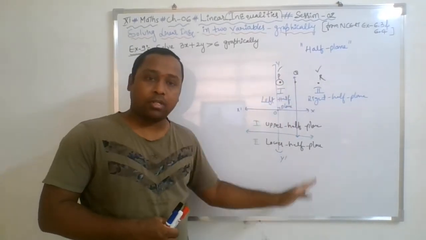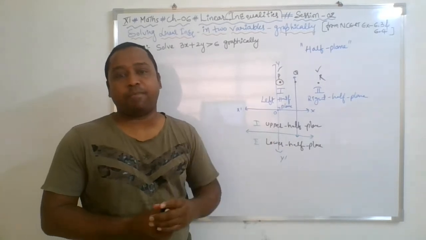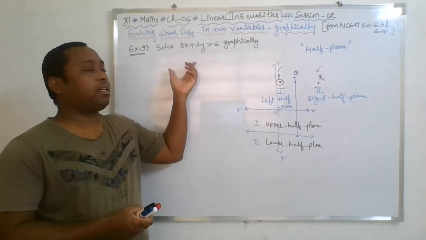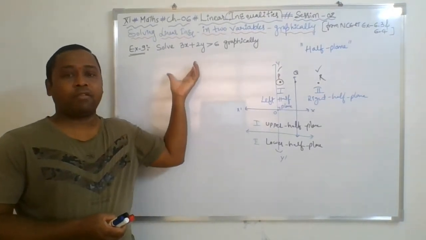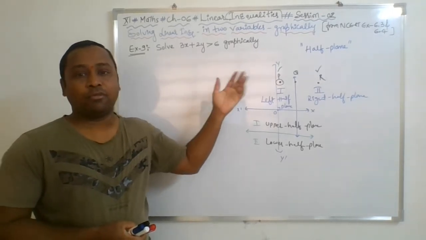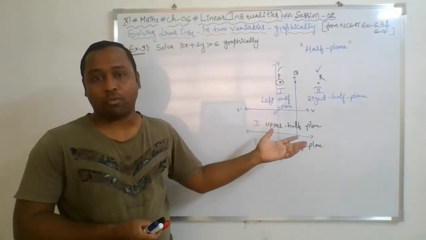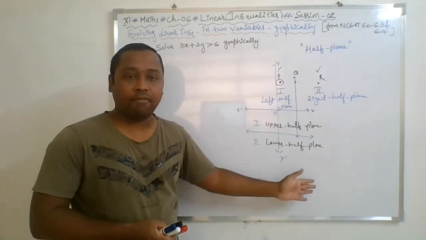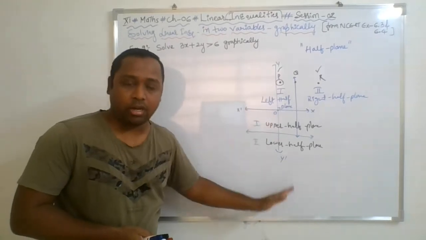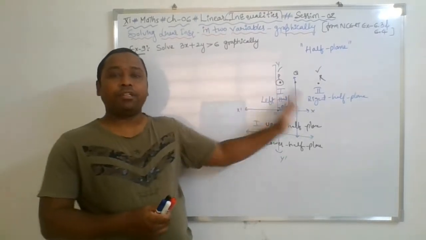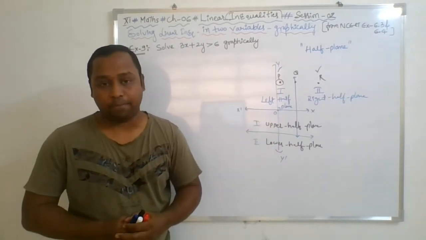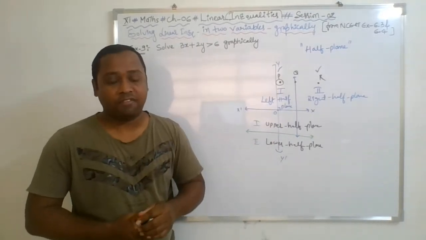And how to plot the line, you already know and have practiced a lot in ninth and 10th standard, simply by assuming the value of y or assuming the value of x, you will be able to find 2 points or more than 2 points. By plotting them on the graph, you will be able to draw a line, and then once you draw the line, we will decide which half plane will be the solution region for that particular line. This is regarding half plane.